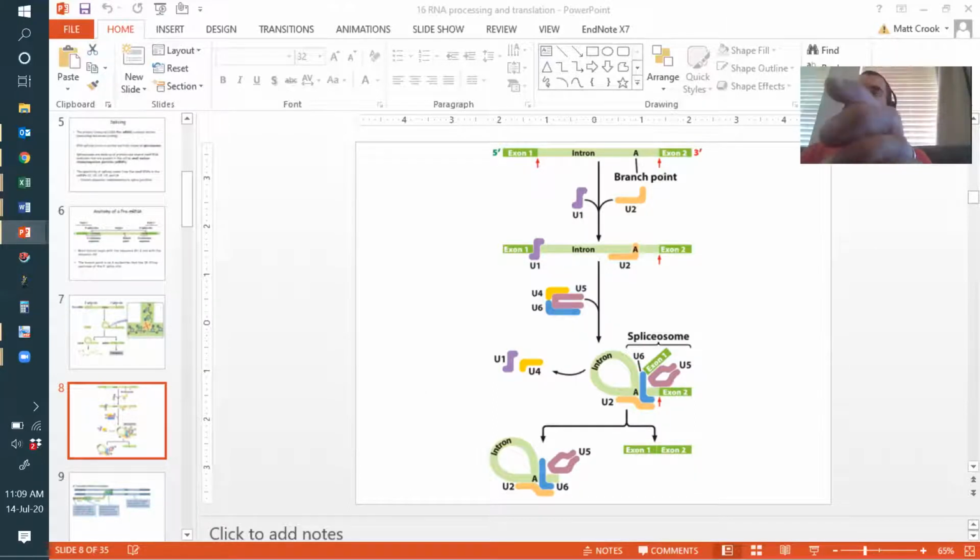So remember, what's that? Small nuclear ribonucleoprotein. There you go. That's why we call them SNRPs. It's an absolute pain to type it out. And it's an absolutely critical part of